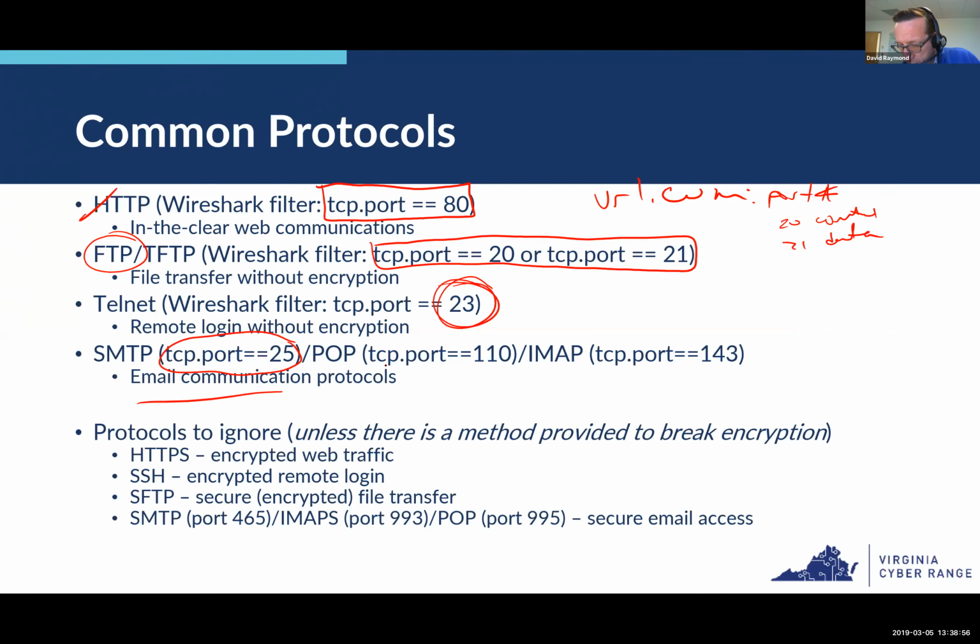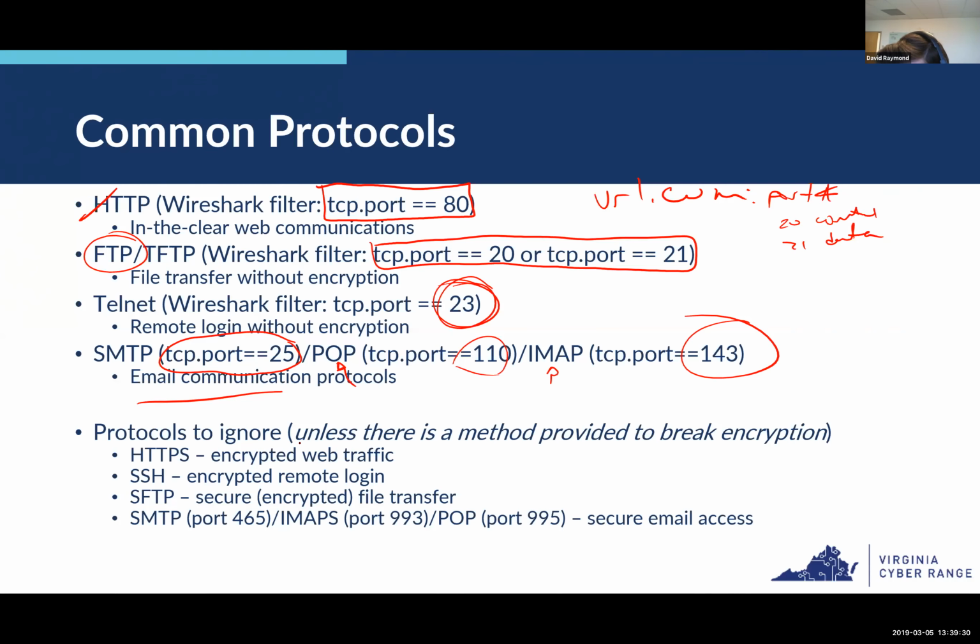the protocols that are used for the mail clients that run on your system, like Exchange or Outlook or something. They might use Post Office Protocol, which runs on TCP port 110, or they might use IMAP protocol. I'm not sure what that stands for. It escapes me right now, but that runs on TCP port 143. And sometimes you'll see email traffic in your network traffic.